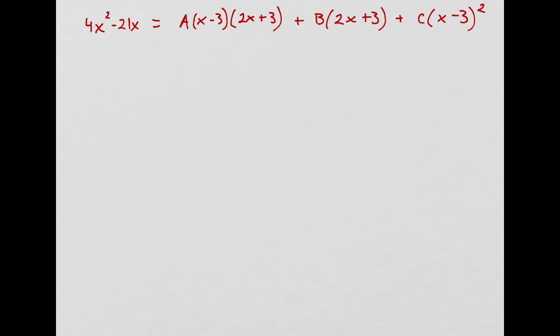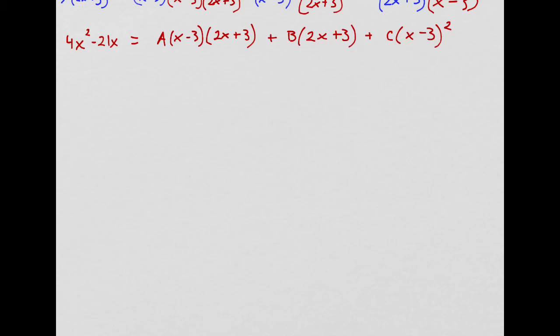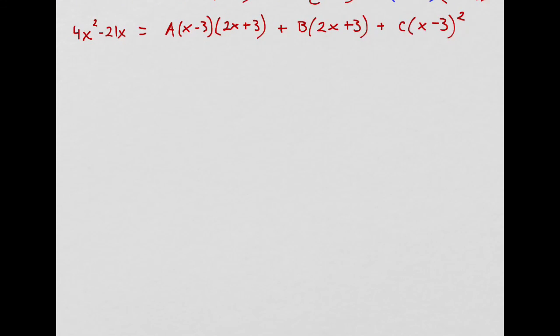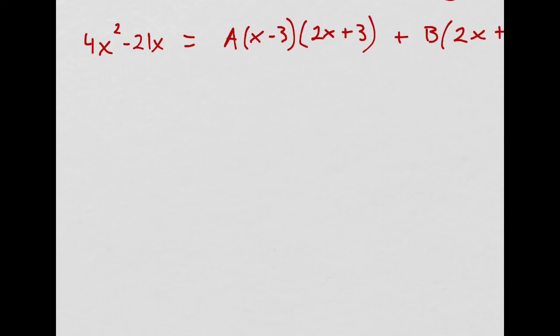And now my goal is to find out what A, B, and C are. And I can choose any x values that I want, some convenient ones. And then later on, some not so convenient ones, but they'll still help me out. So, first, what is a convenient x value to choose? Well, if I want to solve for, well, this is what I think. I'm always trying to get rid of terms. So if I want to get rid of this term, I can choose x to be 3, right? If x was 3,